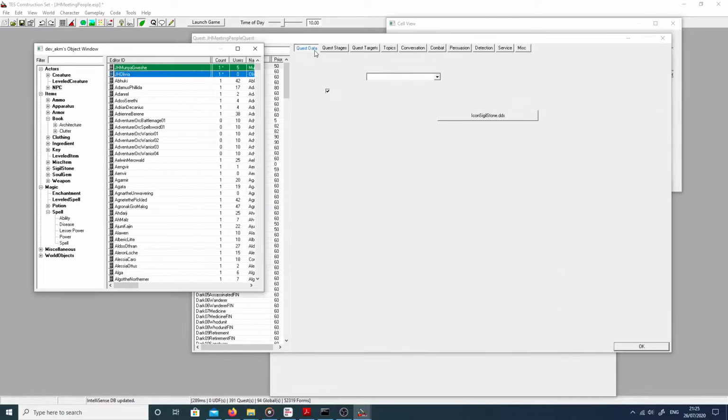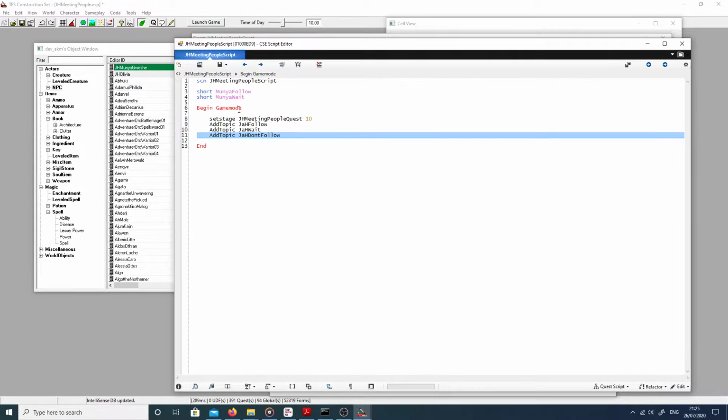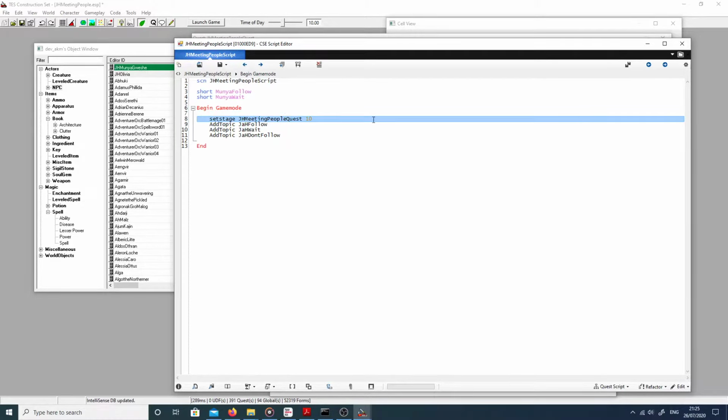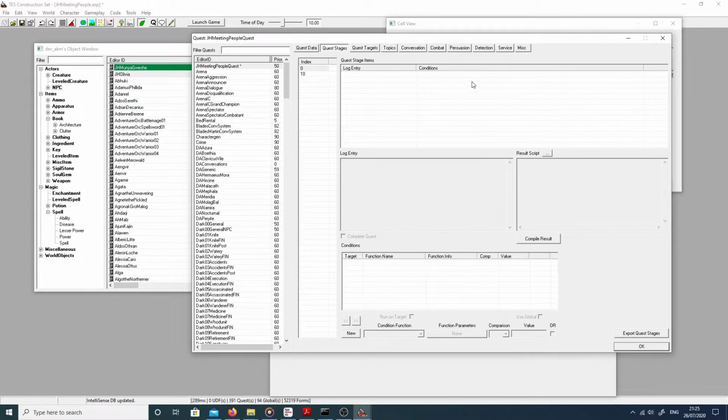And then, as soon as you say, like, set stage your quest 10, then it'll start, or whatever stage you say. So usually, if you go to quest stages and you right click in the index, you can create a new one. So say 20. You usually do it in increments of 10 because